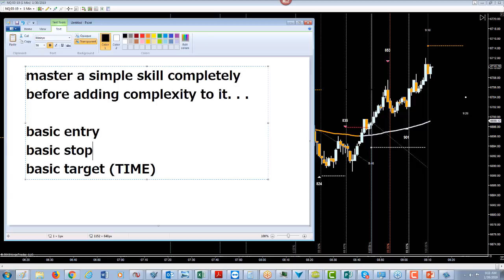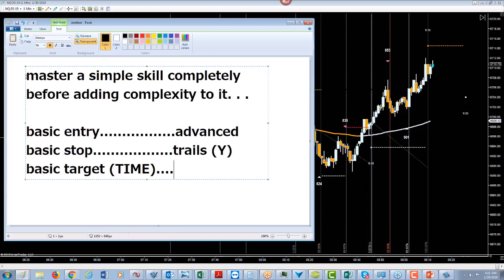So is it possible that the stop trails? Yes. Is it possible that our entry can be more advanced? We can couple it with, say, order flow or volume or some type of support and resistance, etc. Can we have a more advanced trailing target that's perhaps based on a parabolic SAR or things of that nature? Yeah. But what I'm trying to accomplish in this room